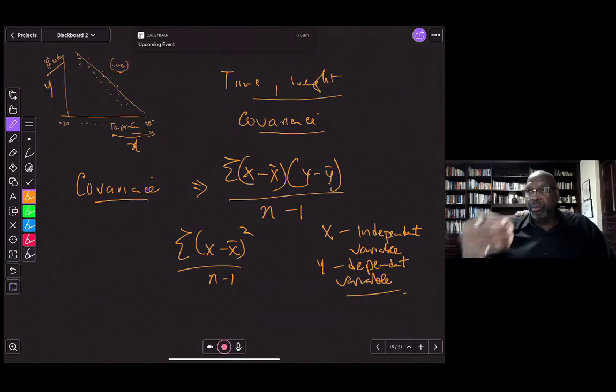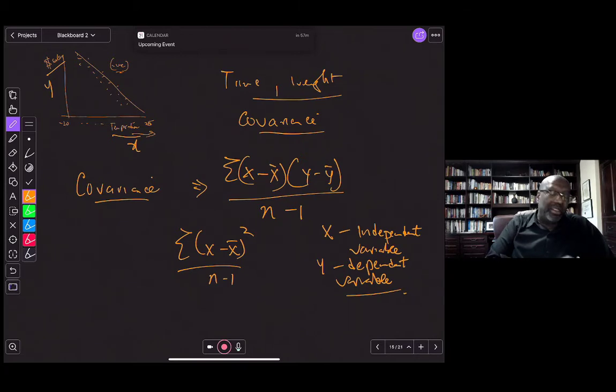Your MPG performance, your miles per gallon performance, right, is dependent on the speed at which you drive. So the speed would be X, the MPG performance would be Y. So that's covariance. Now I want to give you a shortcut formula, but I would strongly suggest that you can